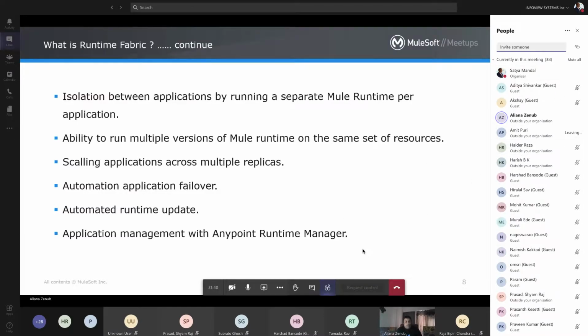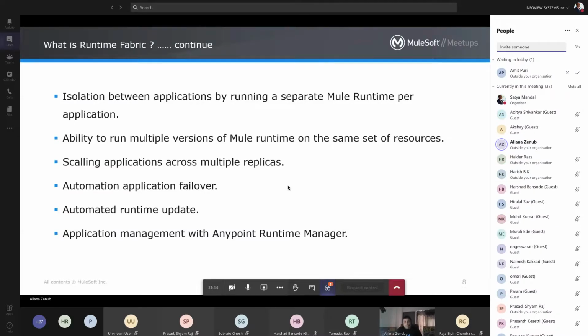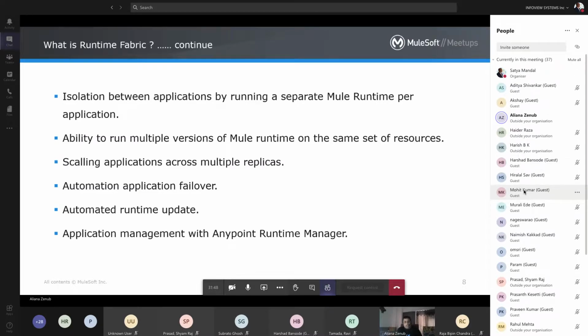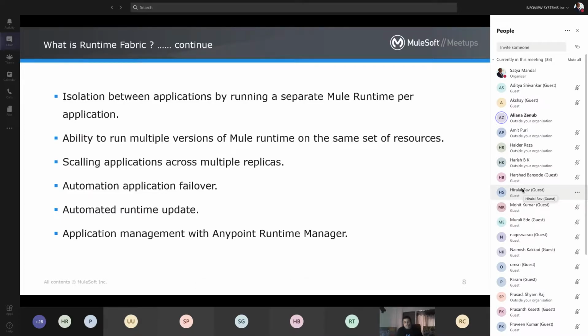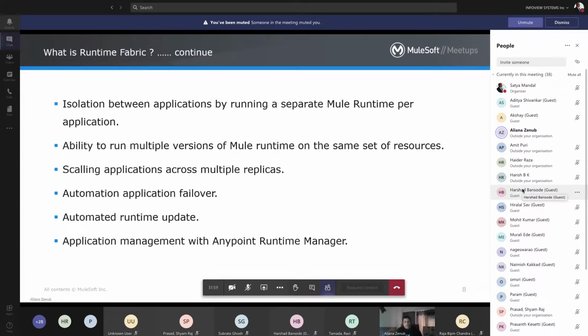If we are deploying an application on more than one node and any node fails, then the cluster will create another deployment for the application based on what we have configured in the CloudHub control plane. I'll show you in my demo for a better explanation.